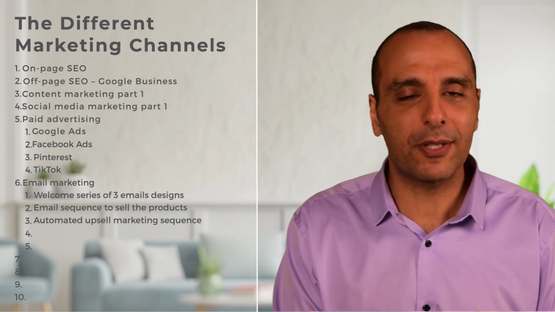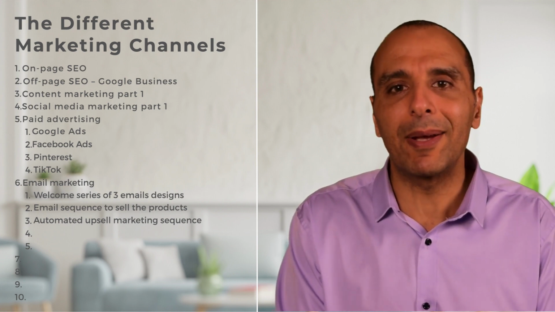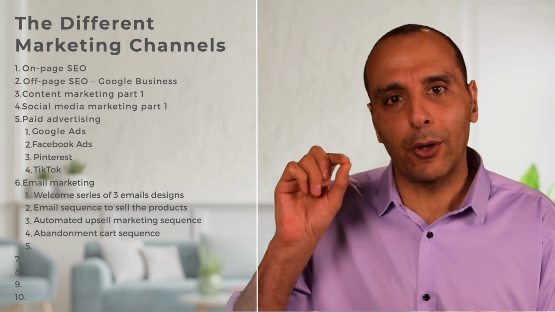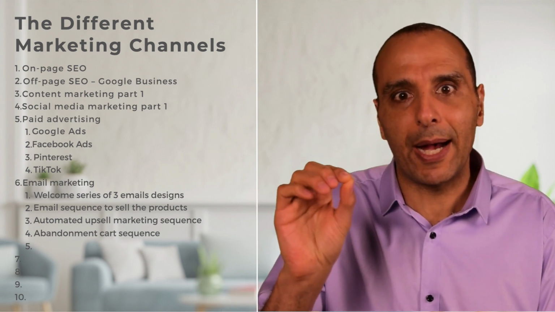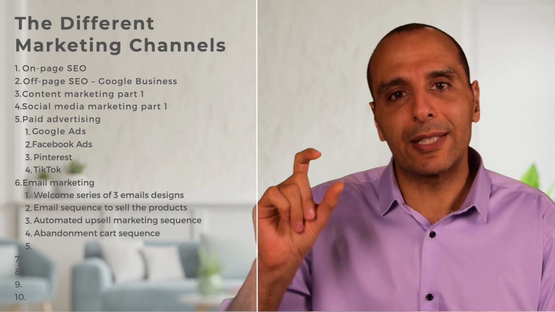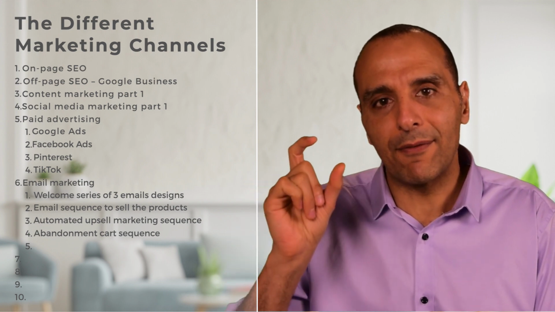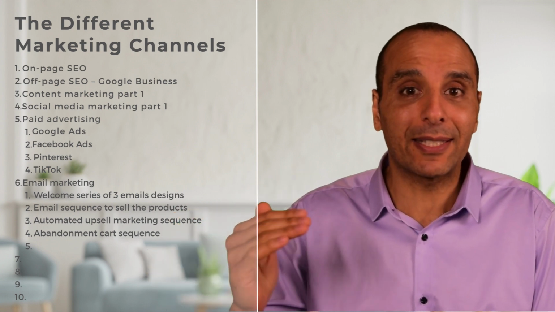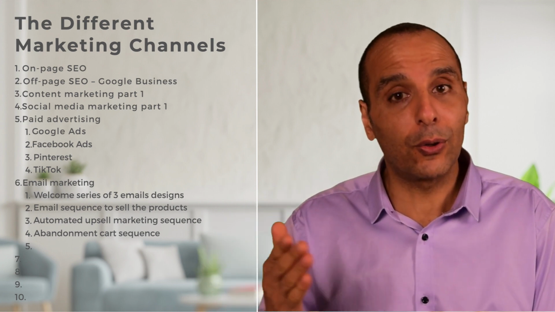The next one is the infamous abandoned cart. Now, there are a couple of strategies with that. For the ones who are on your list, a lot of the email automation providers are able to know if someone on your list is visiting your website and adds something to the cart but does not buy and then leaves. And so the system now knows that they have something in their cart, they have not bought, and they know what product they added to the cart. And so you can actually send an email that says, hey, such and such items are still in your cart. Go there and buy it.